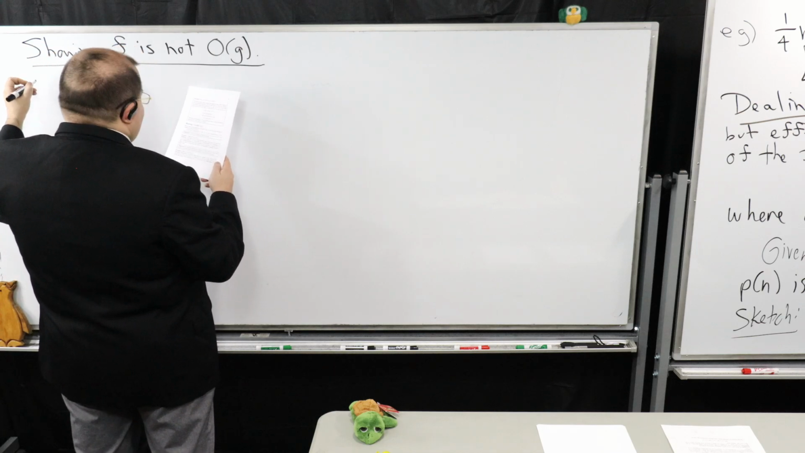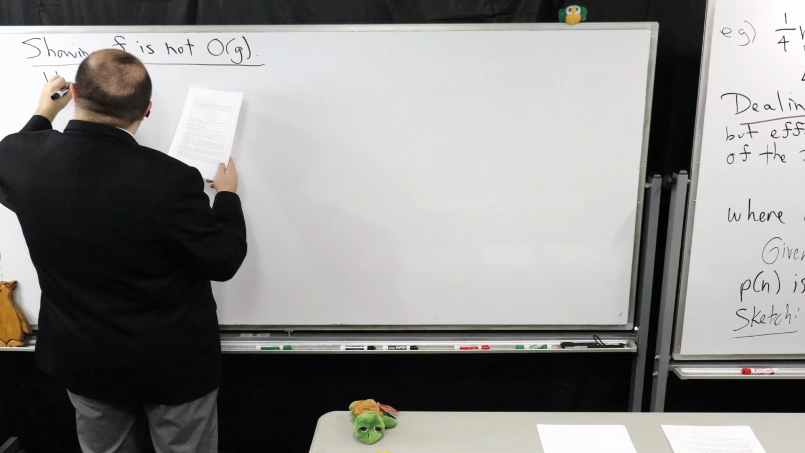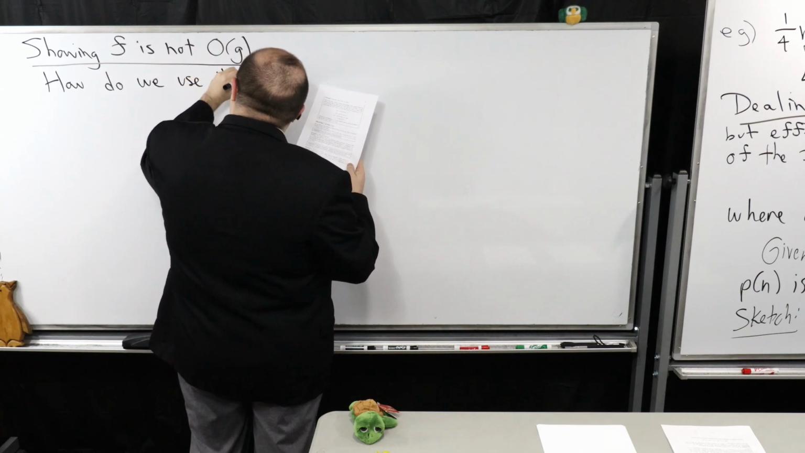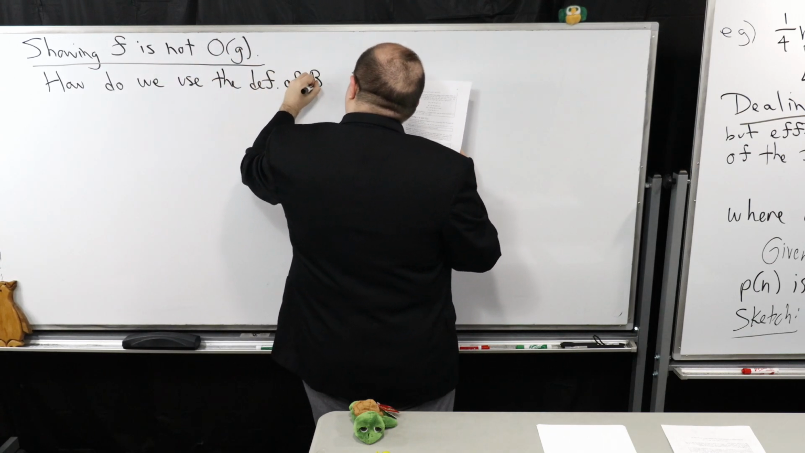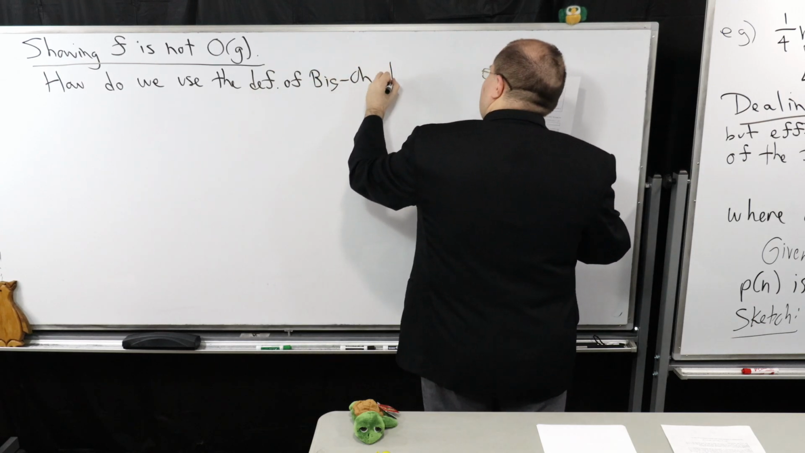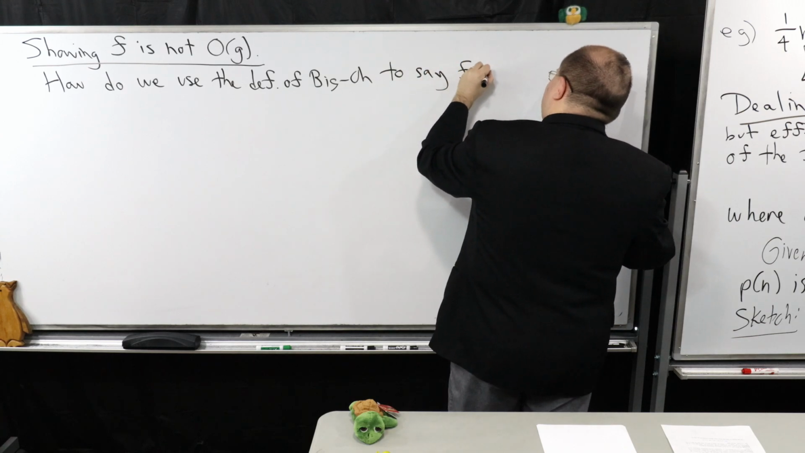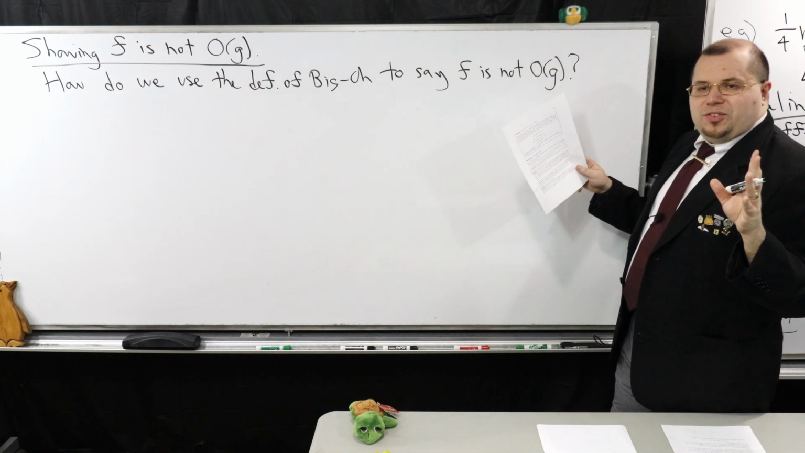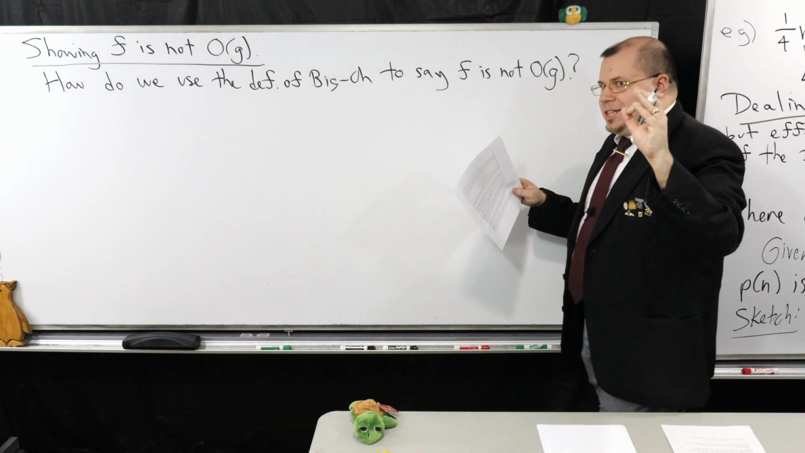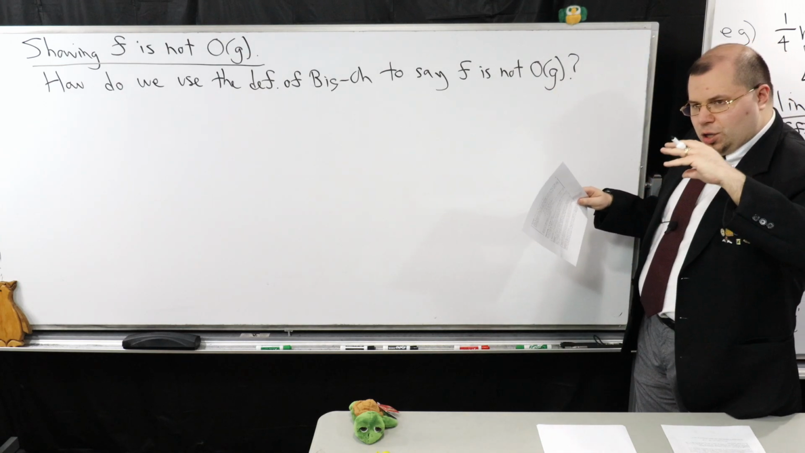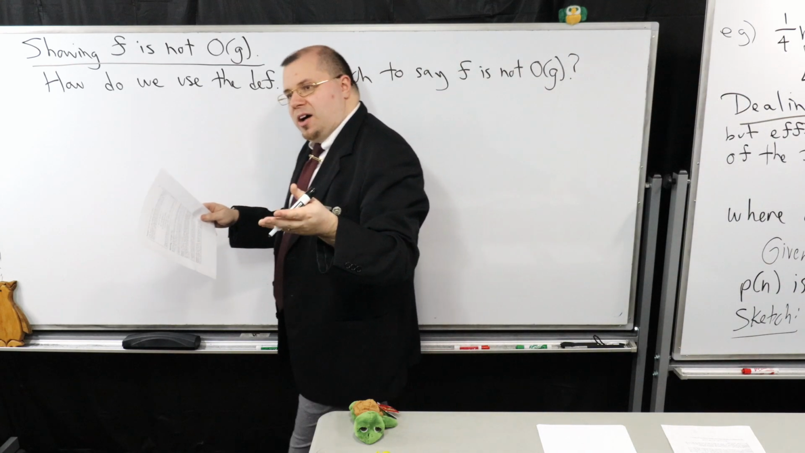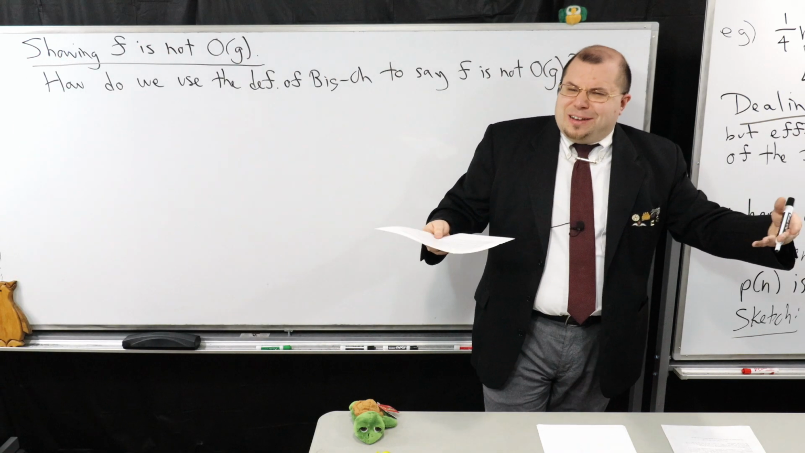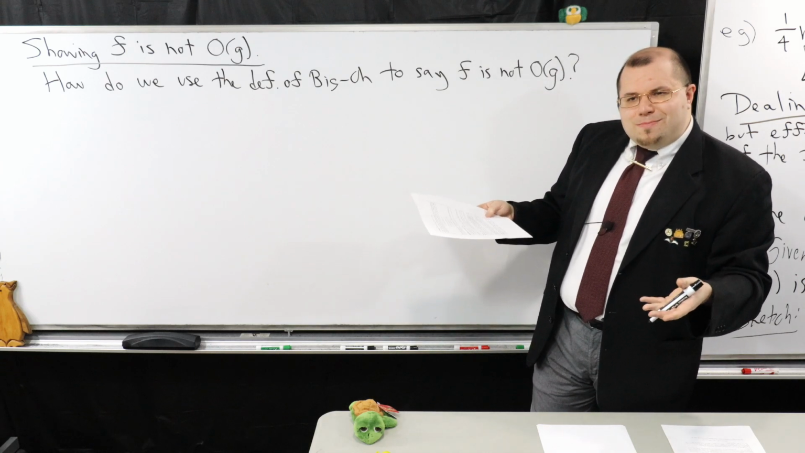So the natural question is, how do we use the definition of big O to say f is not big O of g? So I'm going to show you a couple of different ways we could achieve this. The first one is going to be quite direct. We're just going to take the definition and we're going to logically flip all of the conditions of big O. So we're going to negate its definition. And at first this sounds like it'd be some daunting task, but believe it or not,